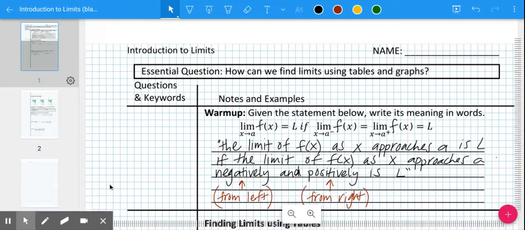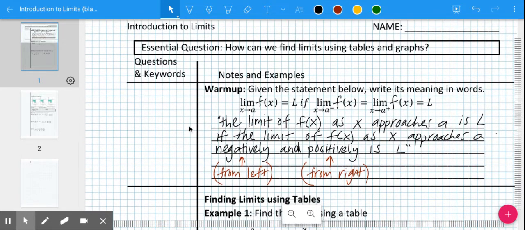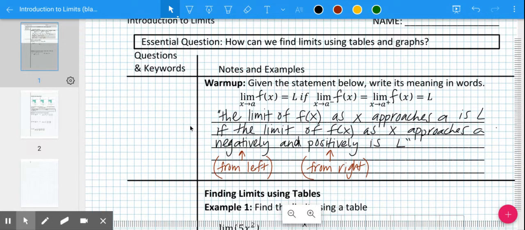In today's video lesson, we are covering Introduction to Limits, and at the top, you'll see a warm-up, and it just says, given the statement, write its meaning. So I'd like you to go ahead and copy this down. What we need to do in this first unit is learn how to read and write limits in addition to